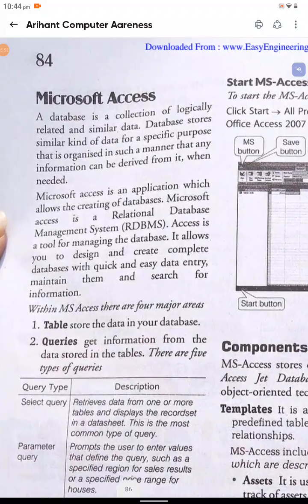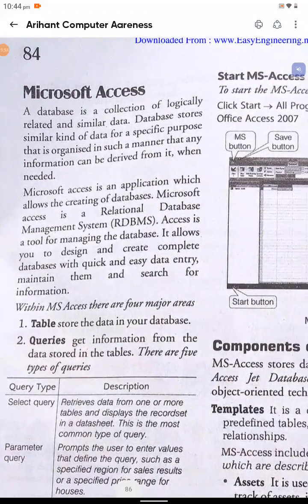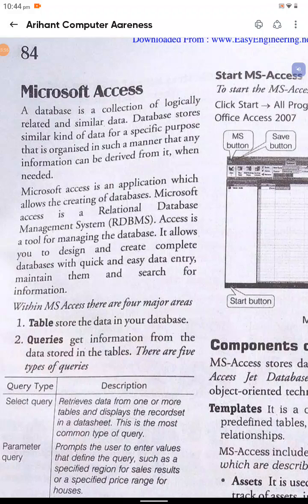Microsoft Access, a database is a collection of logically related and similar data. Database stores similar kind of data for a specific purpose that is organized in such a manner that any information can be derived from it when needed. Microsoft Access is an